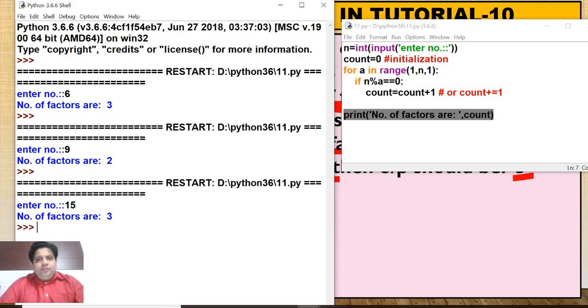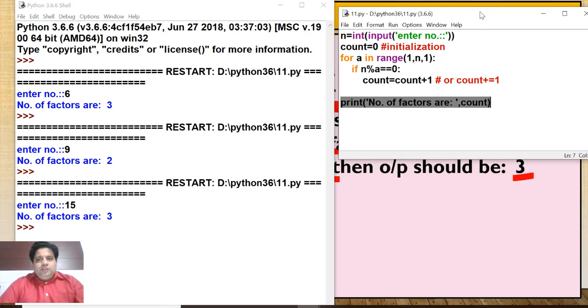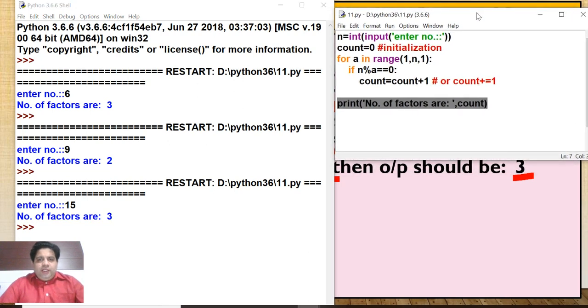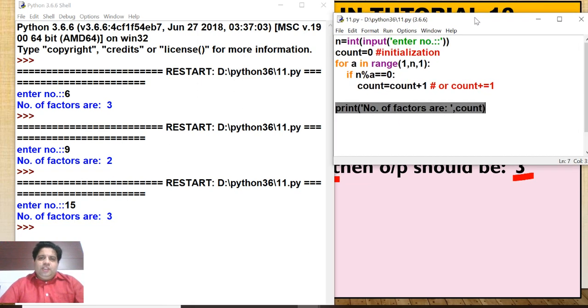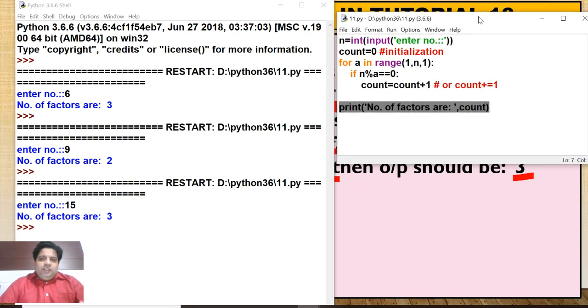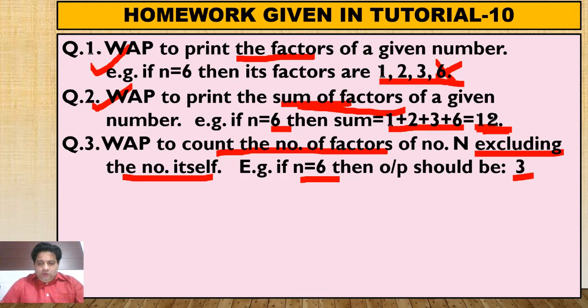So is it clear to all of you? Okay. The main advantage of this video tutorial is you can rewind it as many times as you want to understand the logic, which is not possible in the live class. So here you can again rewind the video, you can again note down the explanation, you can again understand the logic of the program. Okay, next program.